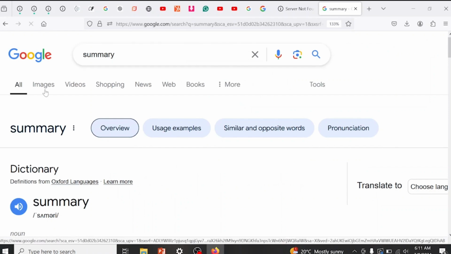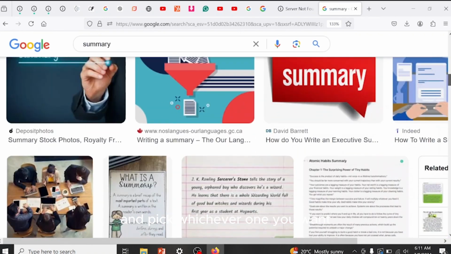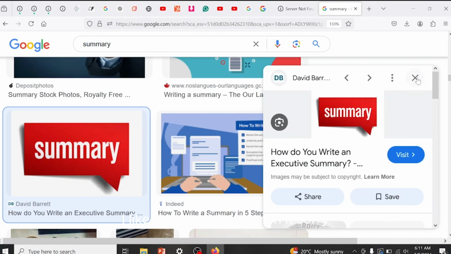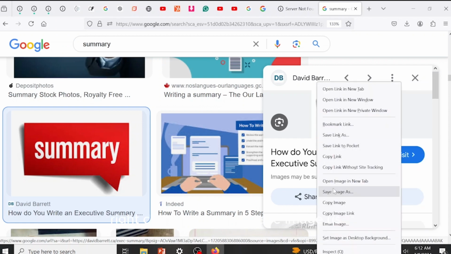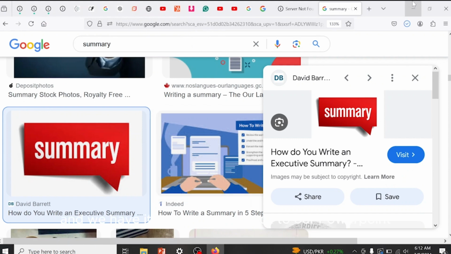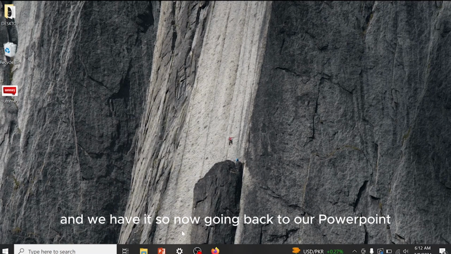So when you come online, go to image and pick whichever one you want. I like this, so click on it. Then right click and save image as. Maybe I want it to be on my desktop. I want it on the desktop, so I'll just click save and we have it. So now going back to our PowerPoint,